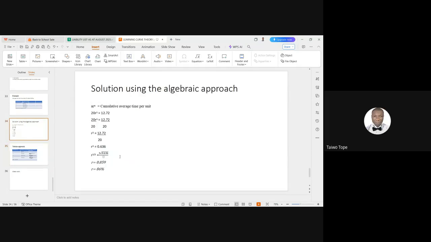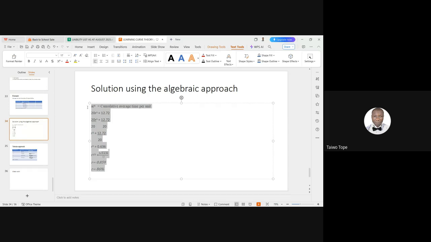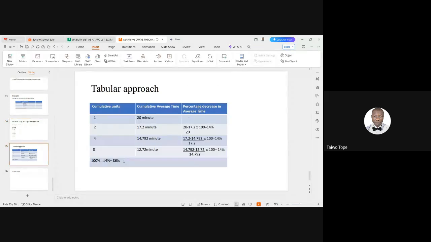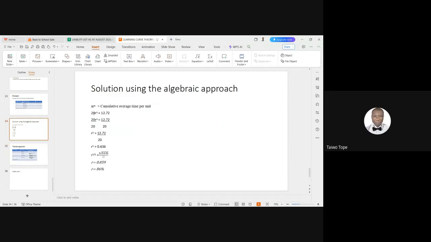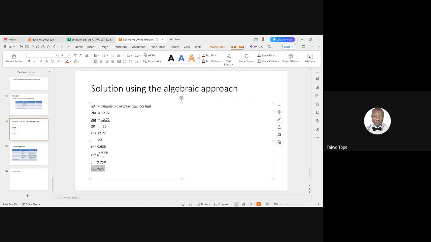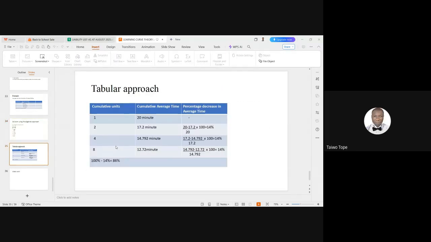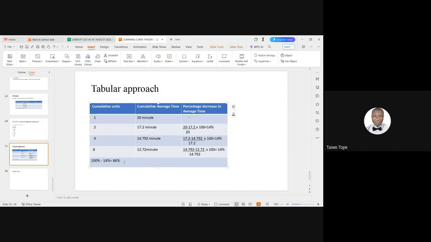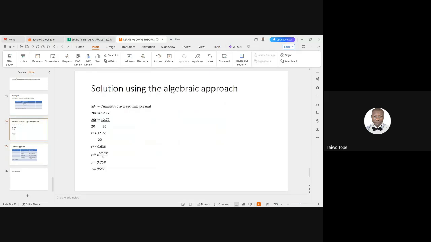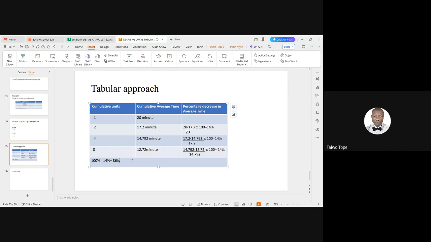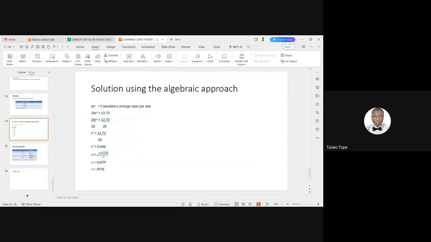Yes, so take note. This is another approach, different from this one. This is the algebraic method of deriving the learning rate. This is the tabular approach of determining the learning rate. Just to confirm that, whichever approach you use, you are fine. You can use the tabular approach to determine your learning rate. So it's not that we take this value from here and